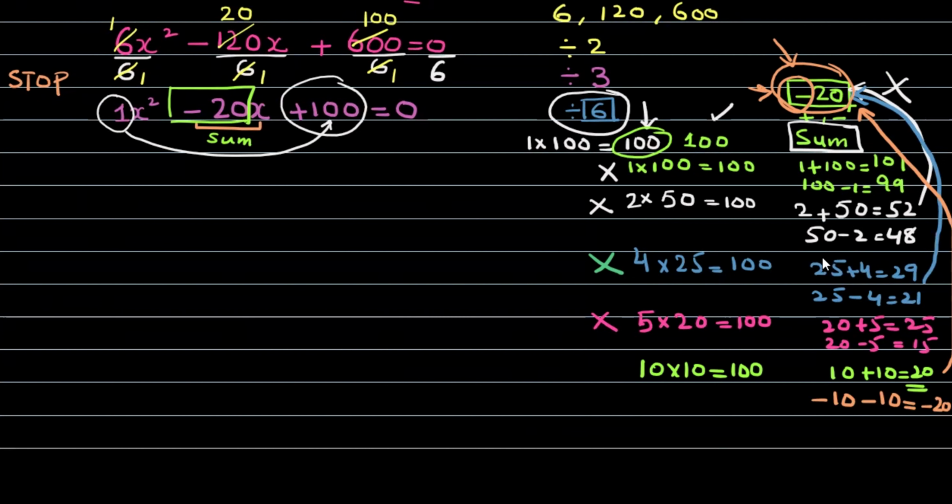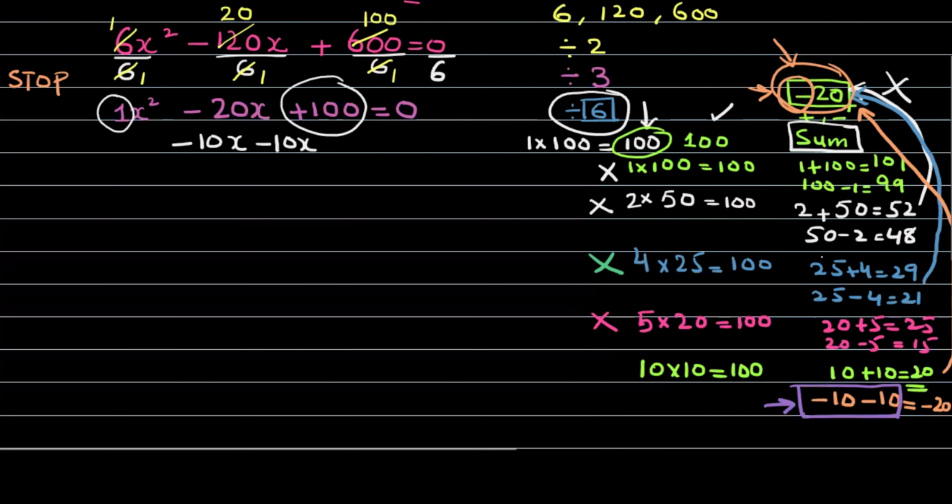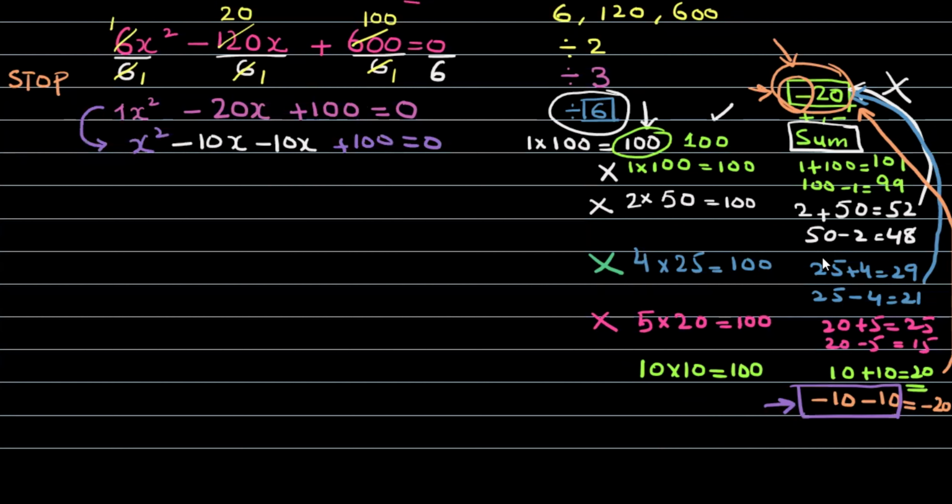So it means that we will use these factors to break the middle term. Okay? तो इसका मतलब हुआ, instead of the middle term, we will write these factors. Minus 10x, minus 10x. And the rest we will just put the whole expression down. That will be x square minus 10x minus 10x plus 100 equals 0. Now, you know that these three terms we have converted into 4 terms. Now we can make 2 groups for taking a common. Okay. ये अब 2 groups बन जाएंगे.